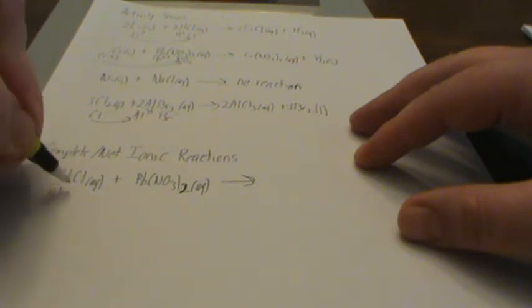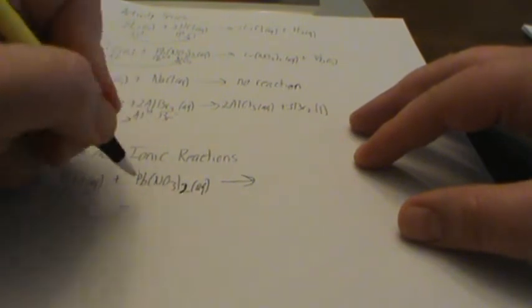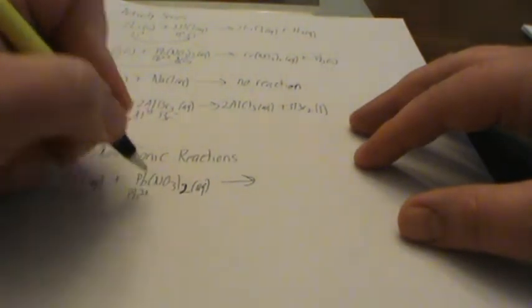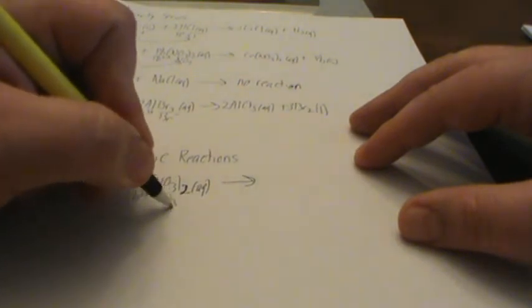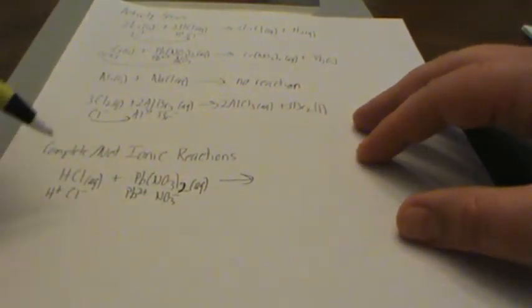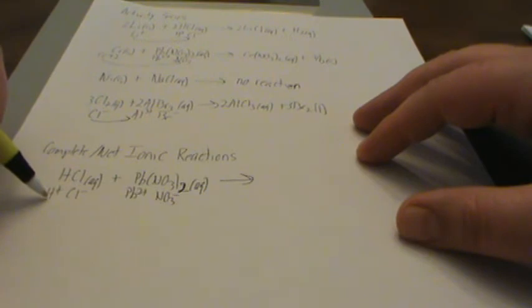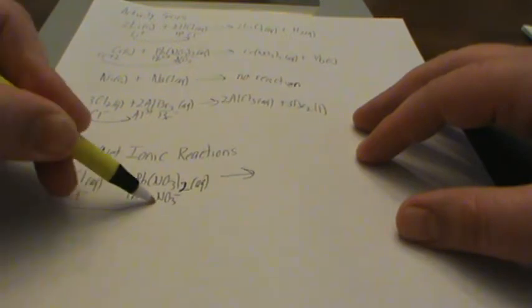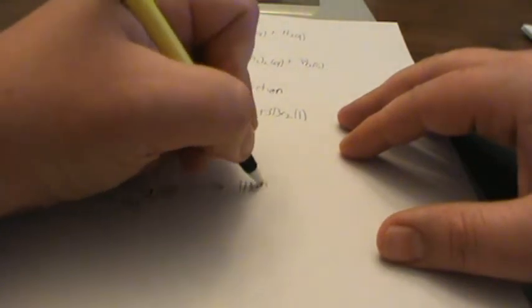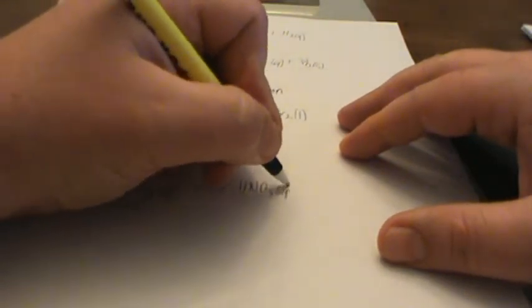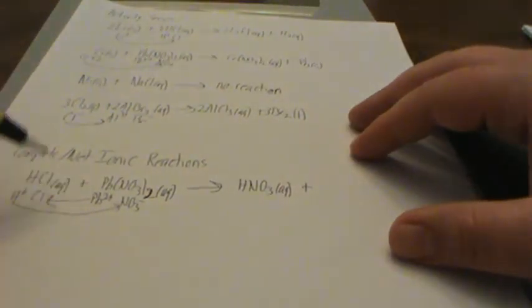Hydrogen has +1, chlorine -1, lead has a +2, nitrate has a -1. So hydrogen is going to bond up to nitrate, so we're going to get HNO3, and that's going to be aqueous, plus the lead's going to go with the chloride,